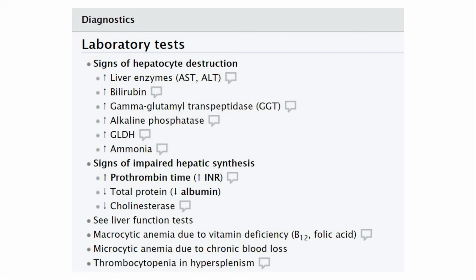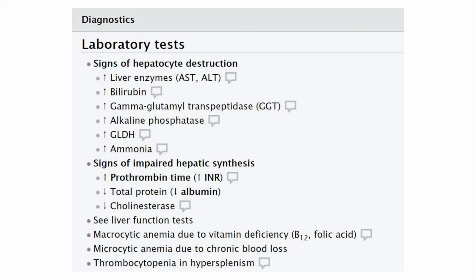High GGT because of that outflow obstruction, and ALP for the same reason. Ammonia because of a failure of the metabolic function, and it's that ammonia that goes and makes the brain act funny in hepatic encephalopathy. Increased prothrombin time, meaning that you bleed more easily because you're not producing clotting factors. Low albumin,